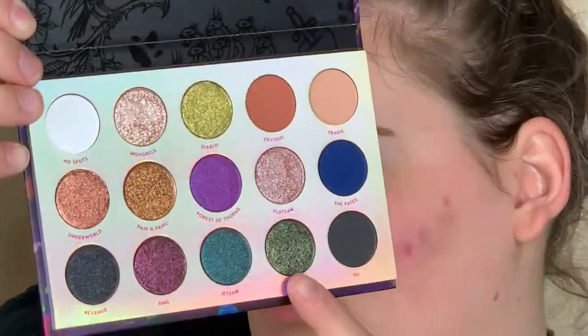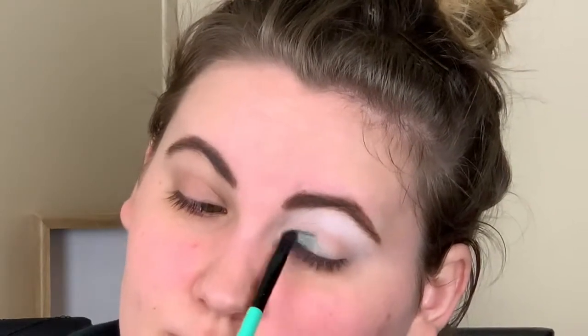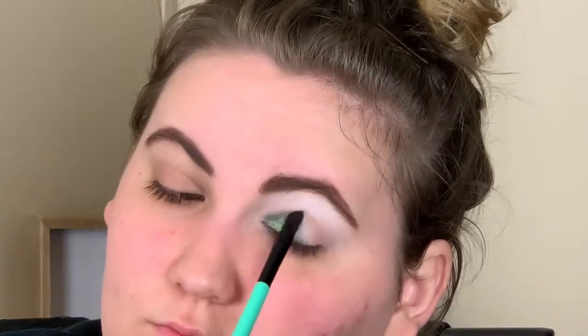And now I'm going to go in with Facile. And I am wetting my brush for this, and I'm kind of cutting my crease with these shades just without the concealer. The formula on these are so amazing, especially when wet. These metallics are bomb. So I'm packing this on until I'm happy with it,